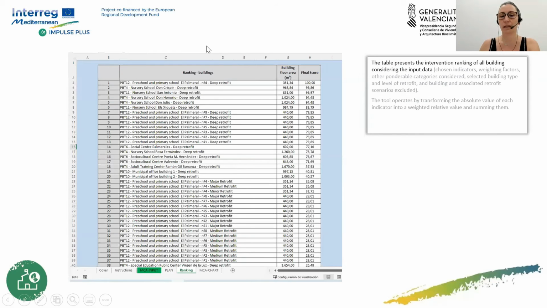The following worksheet that I have explained before is the ranking of buildings. So this table presents the intervention ranking of the buildings considering the input data that we have introduced before. And in this ranking, we get all the buildings and the order of the buildings and associated scenarios that we need to intervene in, according to the preference that we defined in the input data at the beginning of the